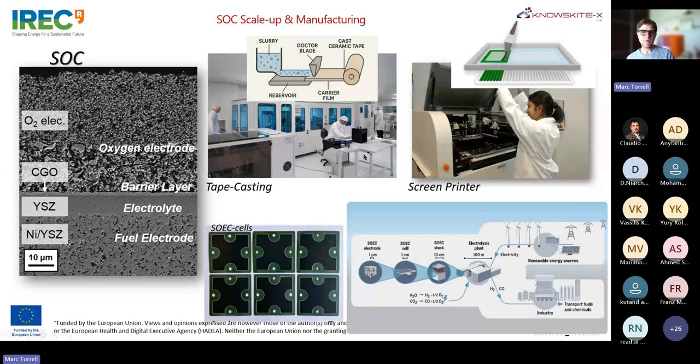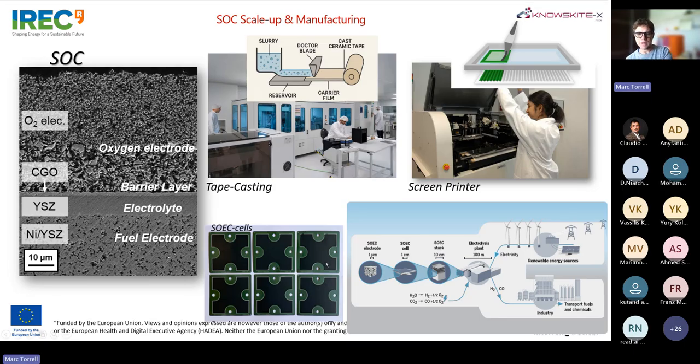What is the ceramic part? It's mainly done in the conventional technology by tape casting. Here we have a simple scheme of what tape casting is, based on a doctor blade that makes a tape of these green ceramic pieces that is rolled and then sintered to make mainly the fuel electrode and electrolyte. Then we screen print the rest of the layers, mainly the oxygen electrode, to end up with this type of cell that we have here, a typical solid oxide cell, fuel cell or electrolyzer.